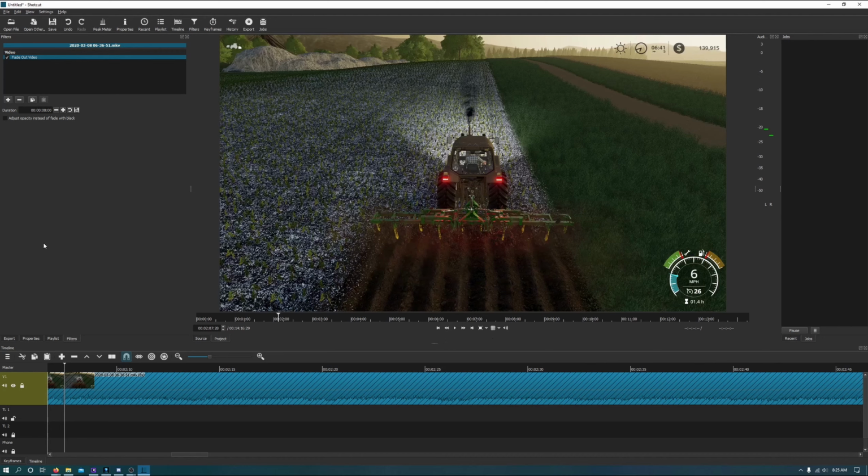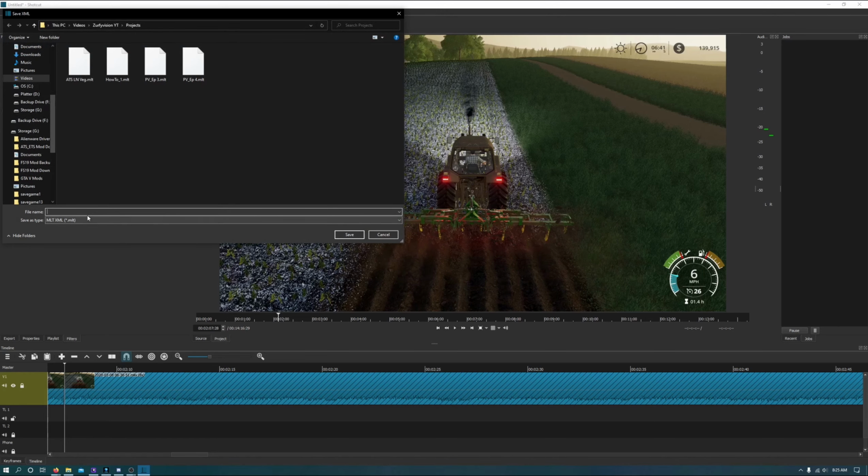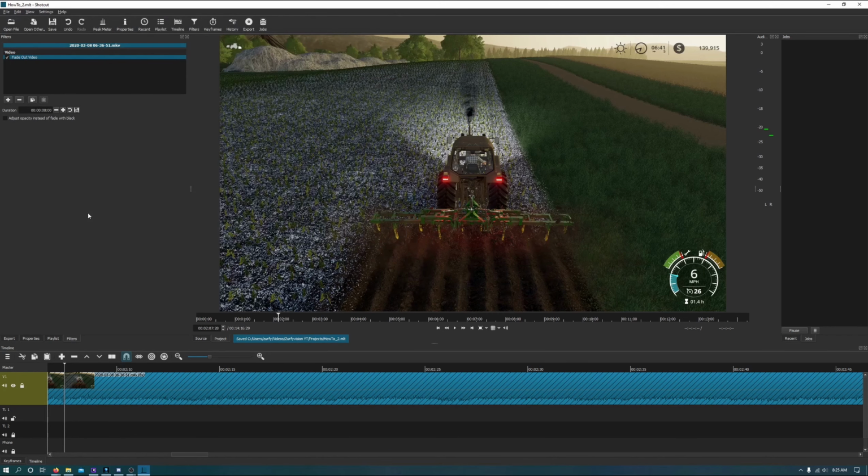And before I add anything else, we are going to save our project. It's as simple as going up here, hit save, naming it whatever you're going to be working on. Now this is basically a how-to, so I just name it how to underscore part. This is part 2, so I'm just going to add a 2. Hit enter, and it automatically saves. What's nice about that is because we are going to go out of this clip here and go to someplace else to